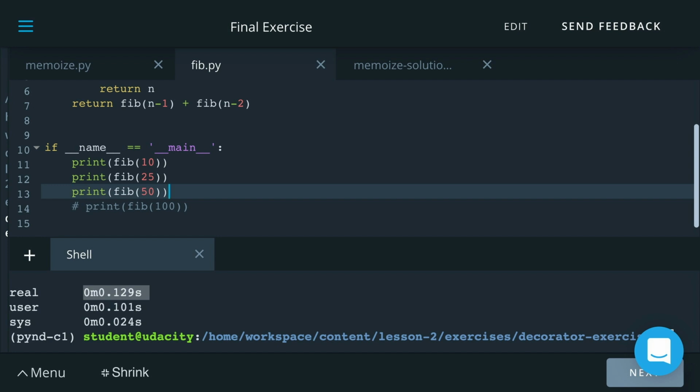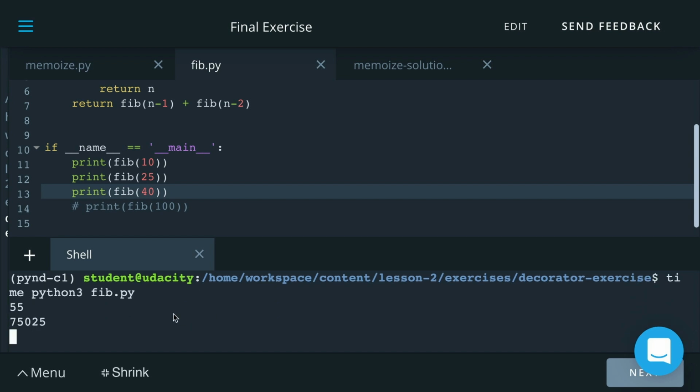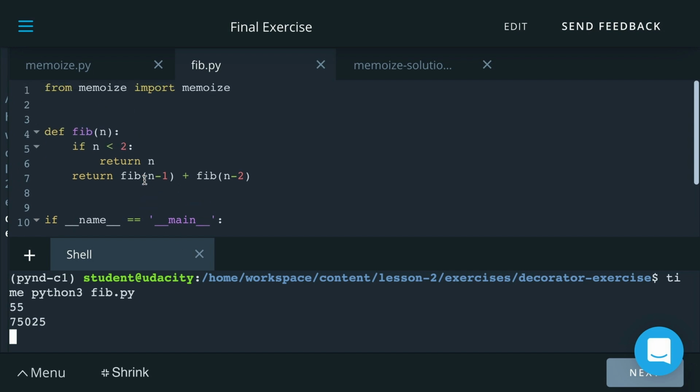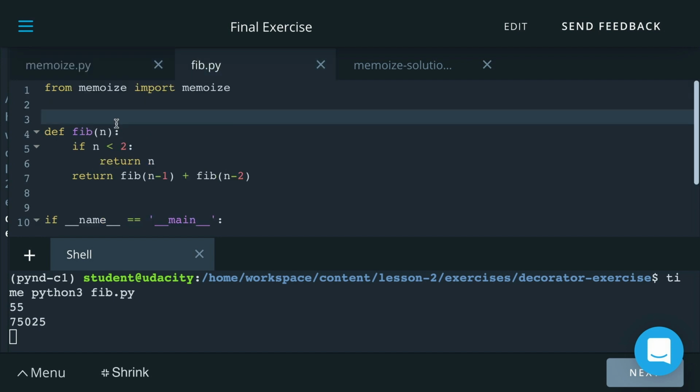If we go a little larger and check, let's say 40 instead of just 25 or even 50 or 100, we can see that even here it's going to start to take quite a long time because these Fibonacci calls grow exponentially as you increase the index that you're looking at. So it could take quite a while to wait for this function to finish if you do not use the memoize decorator. And the cool thing about us having implemented this as a decorator means that we can use this @memoize decorator on any type of function we want to make a little faster by caching its results.